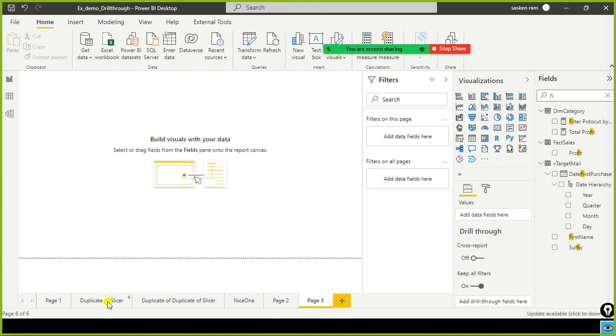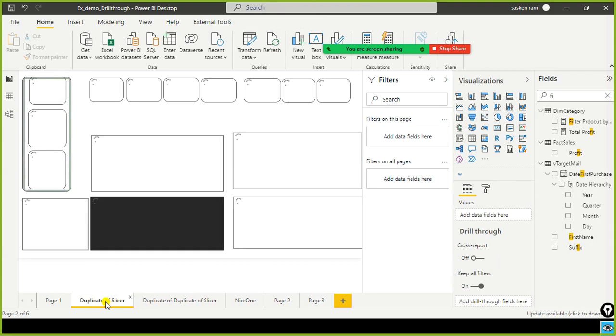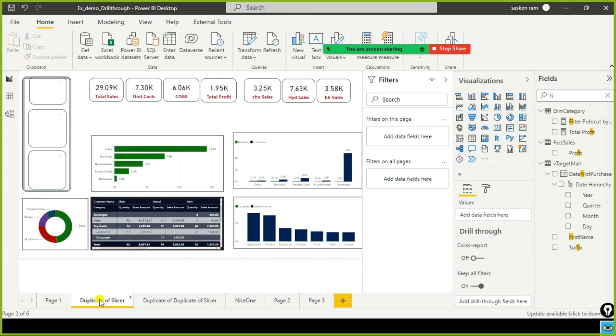I just give some meaningful name to this page, or I say executive dashboard, something like that. And then I created this another page.